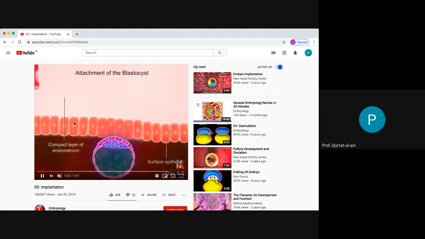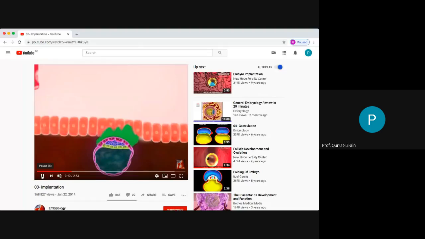Now just watch the layer of the endometrium, the uterine glands where the decidua is going to form. Now can you see the finger-like extensions which have grown from this trophoblast, right? This is, let me take this back a little bit again. The finger-like extensions from the trophoblast, they have shown in a different color so that you can make out this